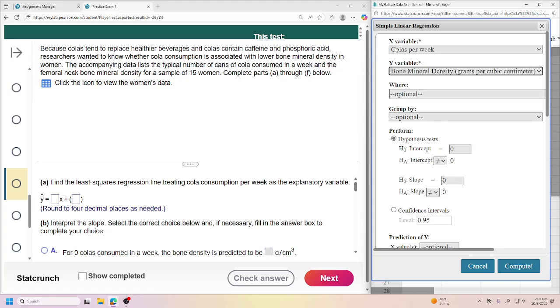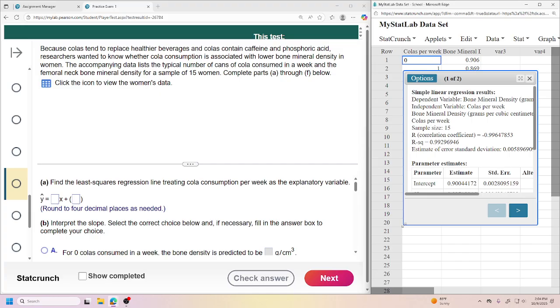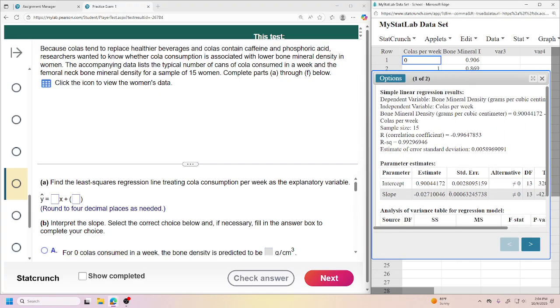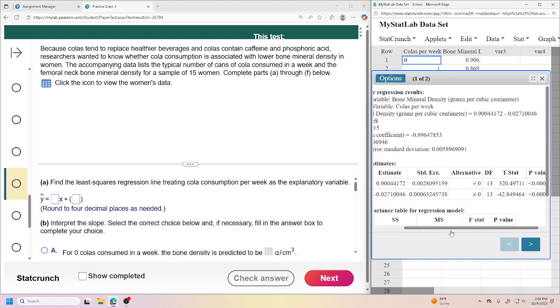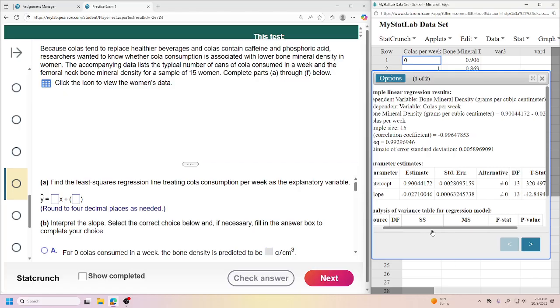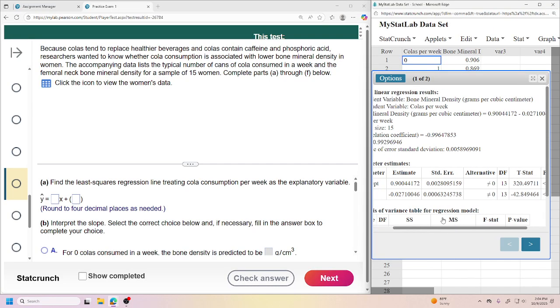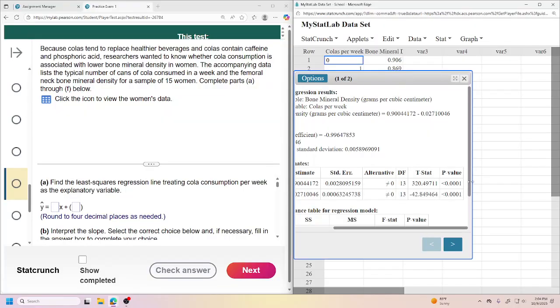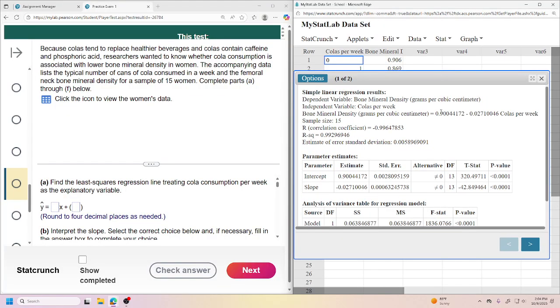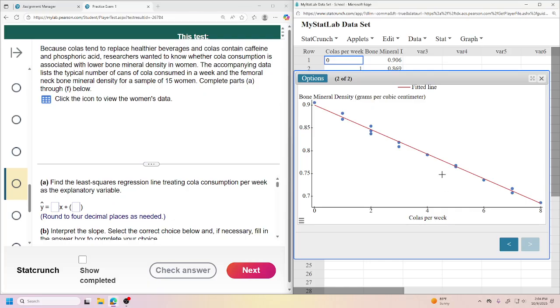I think that the colas is your X. You drink cola, you don't have bone density or something. I don't know. We'll figure that out. But it's looking for the equation, and you can look at these. I think this number's right. Don't they normally have the thing up here? Oh, it's because it's so tiny. Give me a second here. There it is. So you can look at this as an equation right here, but I don't really like that. What I do is often I just hover on top of the line, and it basically gives you the numbers that you need. But remember that the one with the x needs to be next to the x.